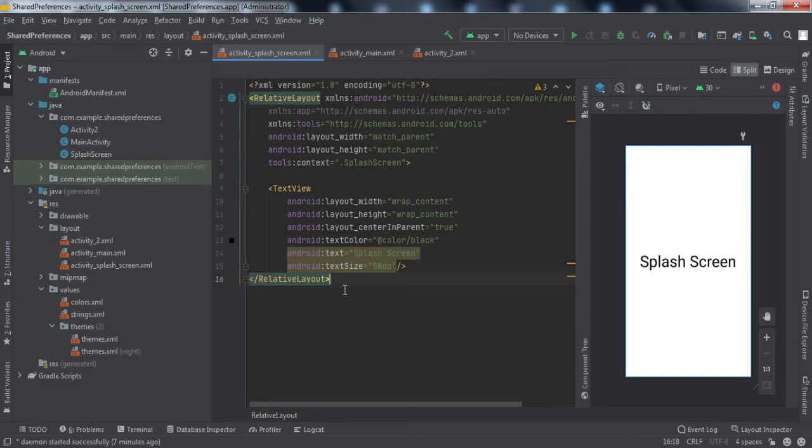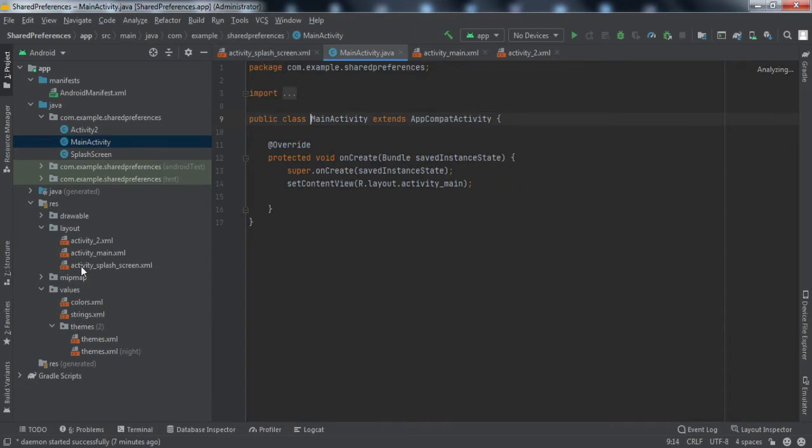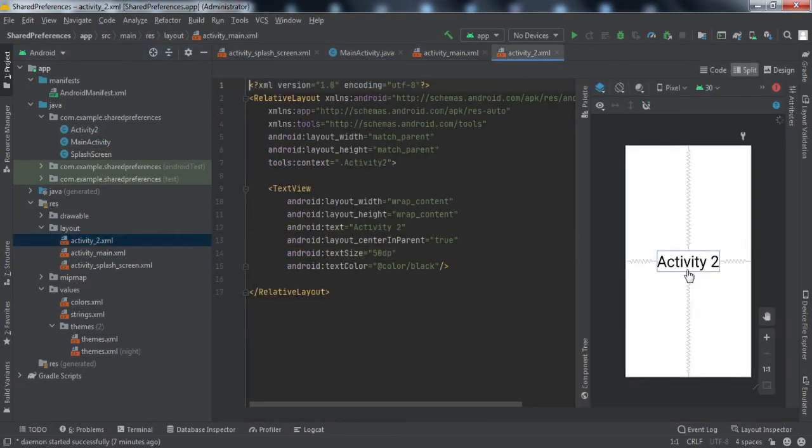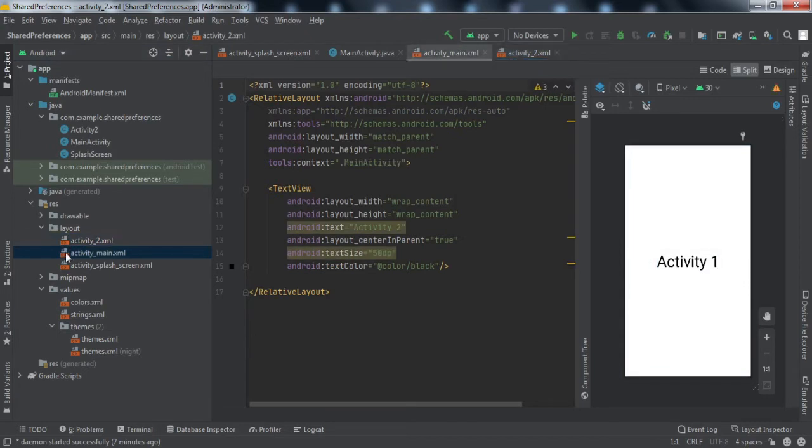So how will I explain shared preferences in this application? I have three screens: one is the splash screen, the other ones are activity one and activity two. I'm assuming that if the user is opening the app for the first time, he should land on the first activity after the splash screen, right?